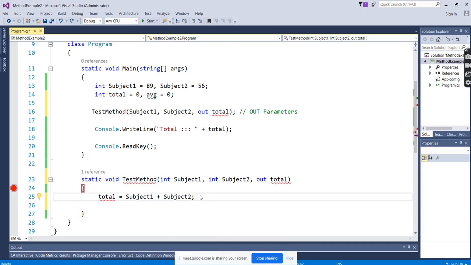Just let me refresh it once. Out parameters means we are using the parameters. We can pass the multiple return types. Go for this.